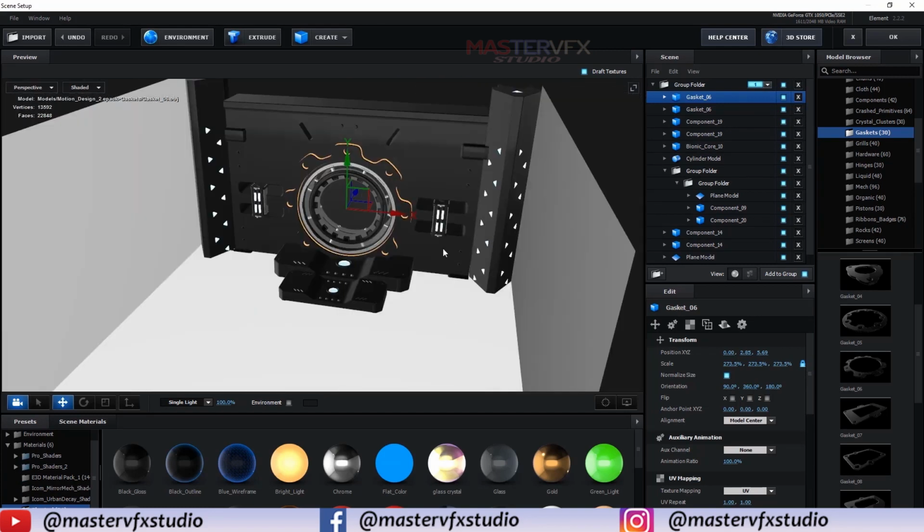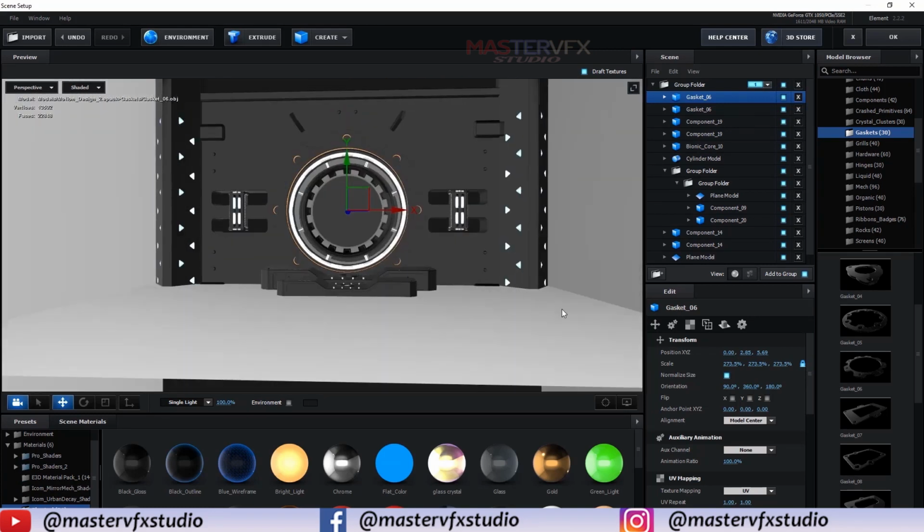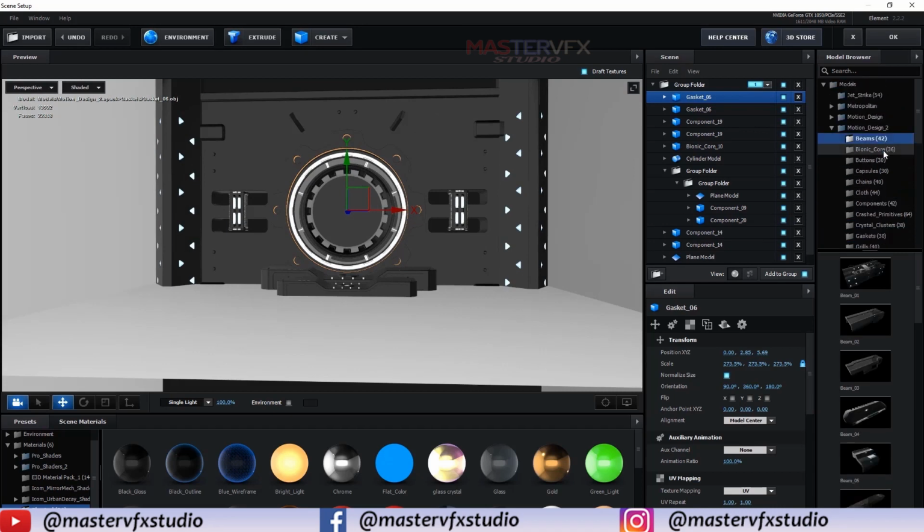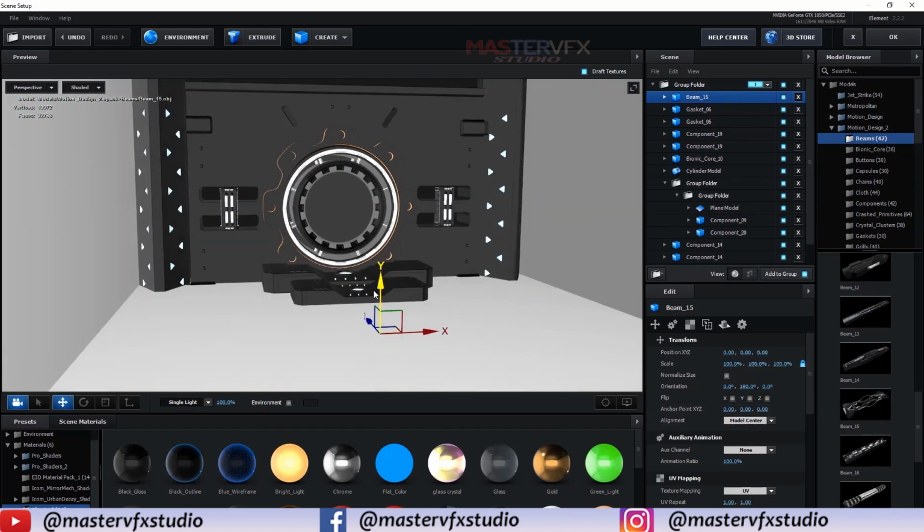Okay, now here inside the beam folder, select this beam number 15 and put it inside this symmetrical group.